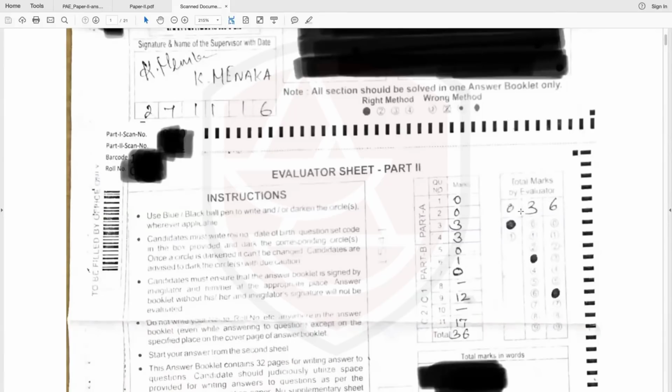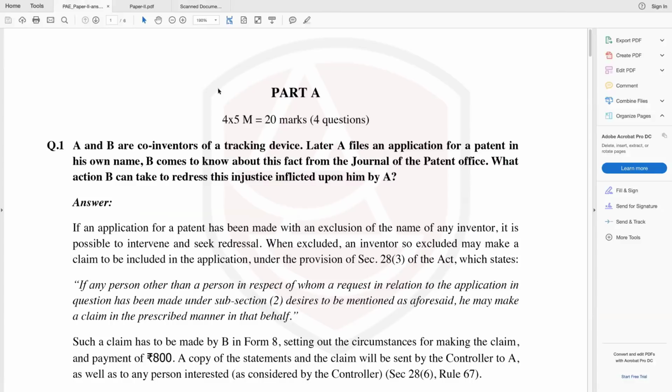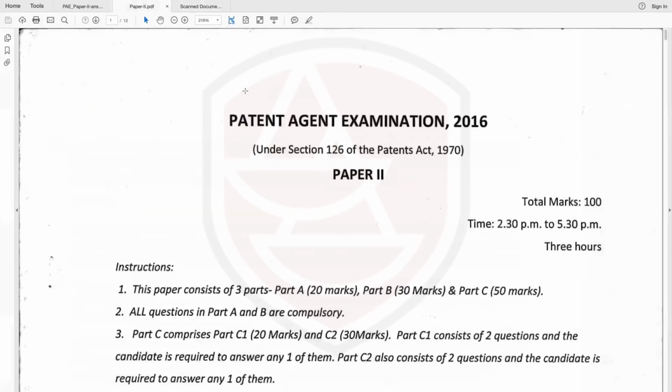So what we are going to do today is look at what made this person not clear the exam. We are going to see how he had answered it, and we will also be showing you the question papers. We have the question paper right here. Now this is one of the answer sheets that we created, and these are the question papers. So I'll just let my colleagues take over now,